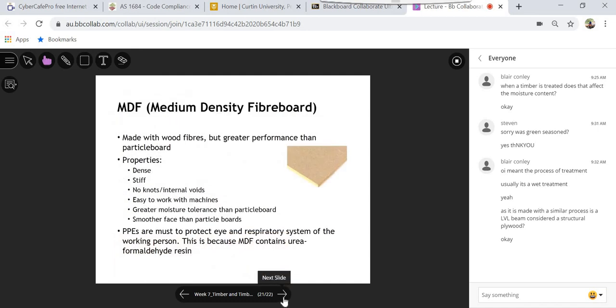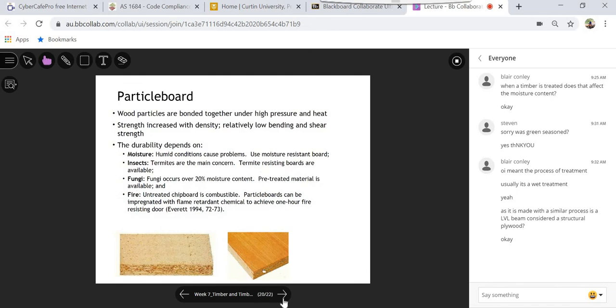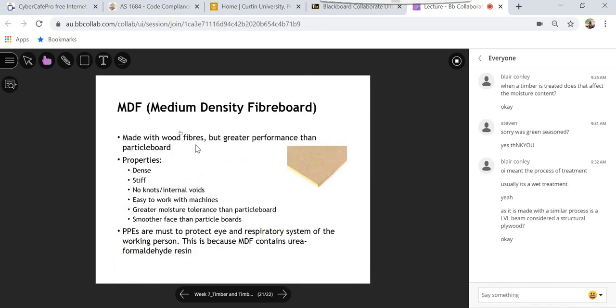Lastly, we have MDF, medium density fiber boards. I can say that this is an enhancement of particle boards. We use wood fibers also, but compared to particle boards, they are denser and stiffness is higher. Since we use particles for boards, in that sense we do not have knots in boards also. Moisture tolerance is enhanced compared to particle boards, and the downside is we have